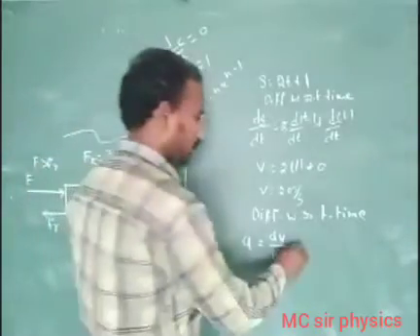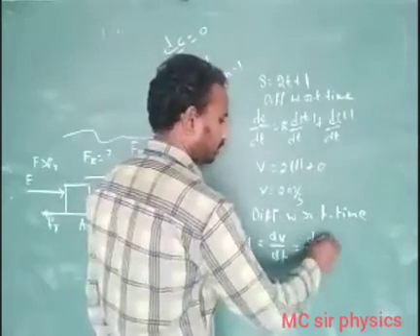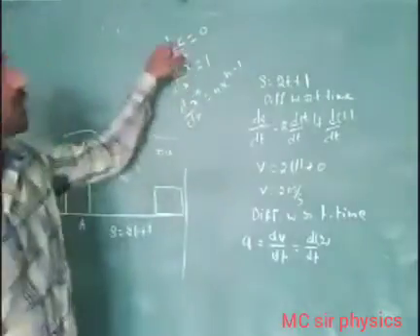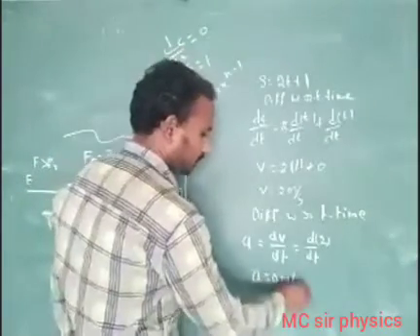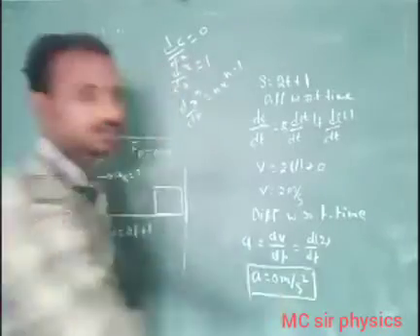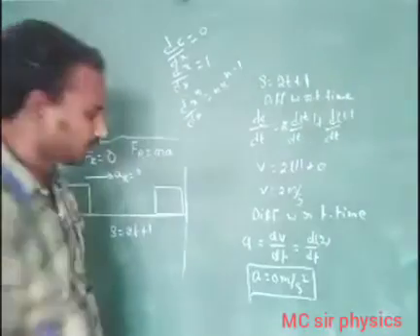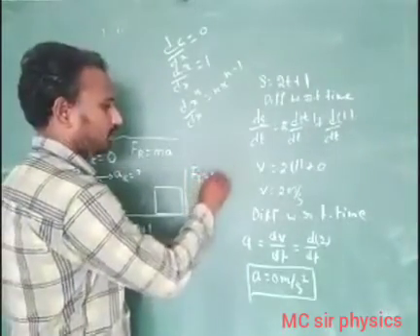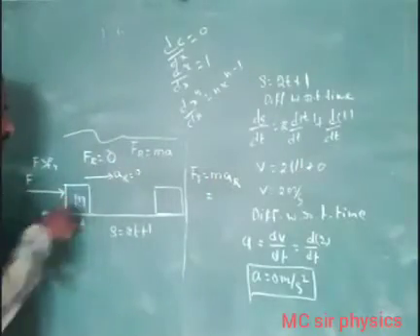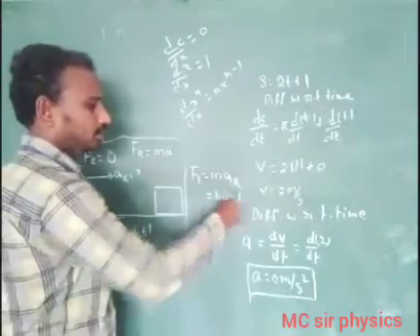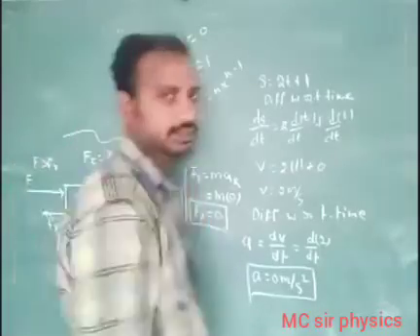Yes or no? Here the velocity value, how much? 2 meter per second. d by dt of 2. Here d by dx of constant value equals how much? 0. So acceleration equals 0 meter per second square. What is the resultant force? 0. Resultant force, how much? 0. Fr equals mass into acceleration. Resultant acceleration is 0. Mass value we represent as m. m into 0 equals 0. Resultant force on this body, how much?